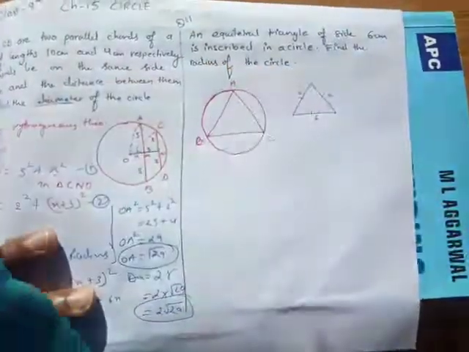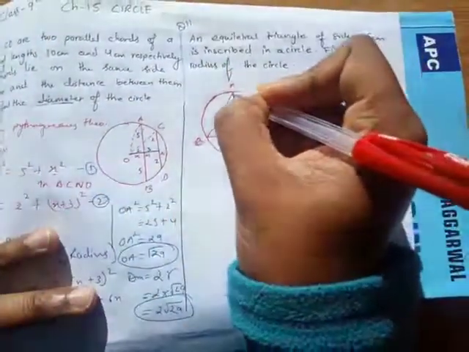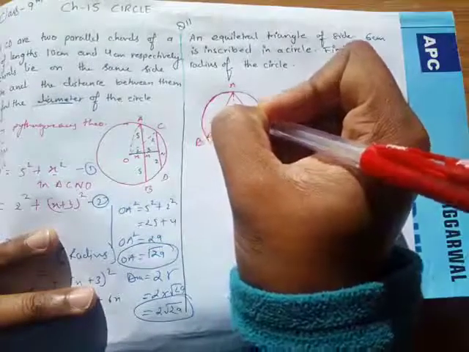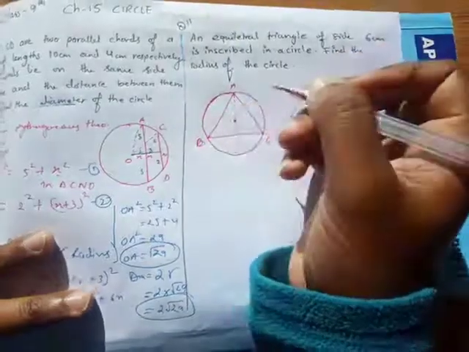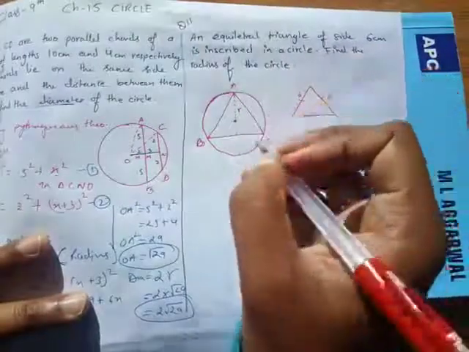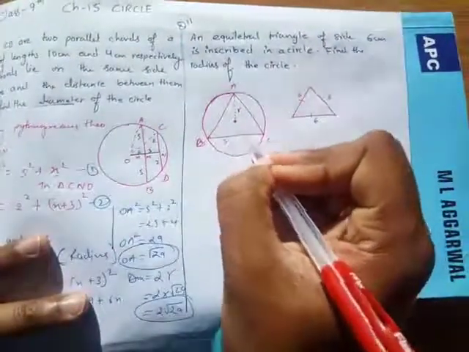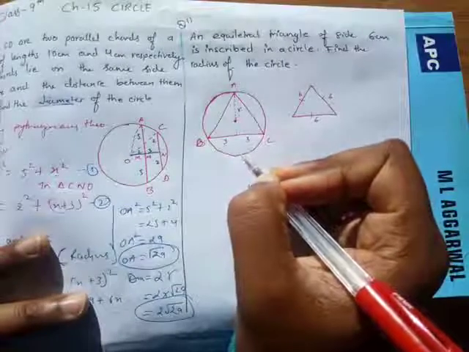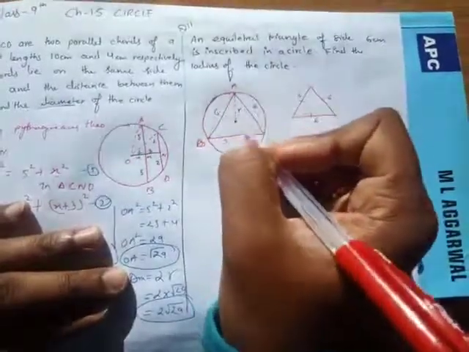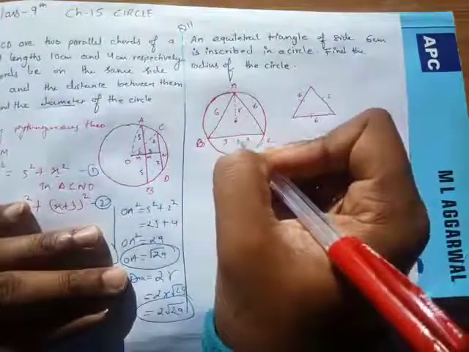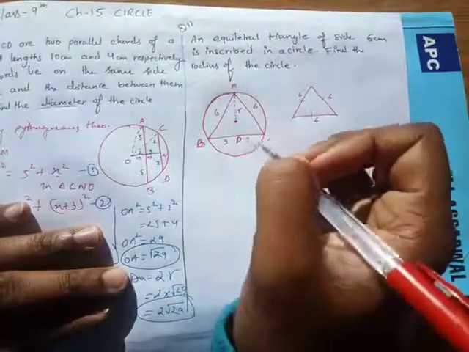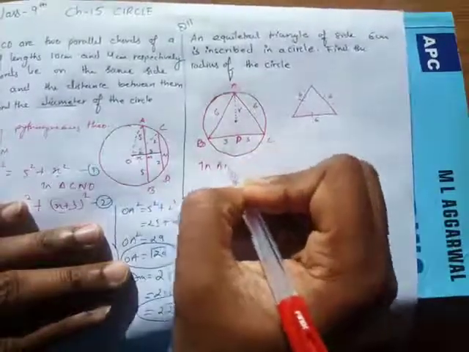So what to do in this question? Let's have a look. If I make this a straight line like this, okay, radius, I have no idea what is radius. So I'm just keeping r in place of radius. This is 6 centimeters, so this is 3, this is 3. I hope all of you guys agree. Now the problem comes if this is 3, this is 3, and this is 6, this is 6. So I'll name this O. Okay, not O, this is O. Let us name this D. This is T. Okay, let's have a look in triangle ABD.